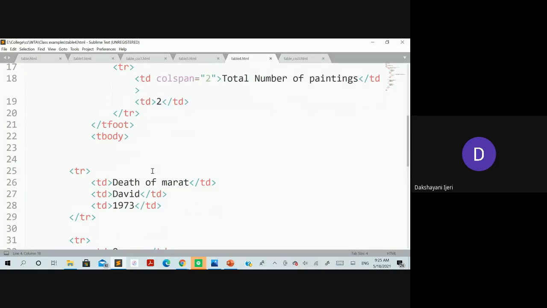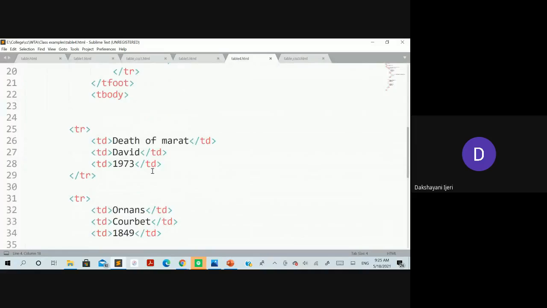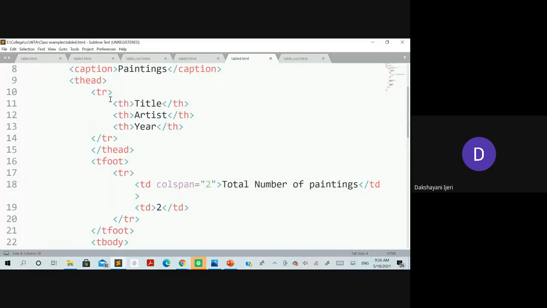The rest of the rows, whichever I want to include in between the heading and the last row, have to be included in the T body if you explicitly take the T head and the T foot. It's not mandatory that you have to take the T head, T foot and T body. You can construct the table how we did it in the last class, simply by taking only the TR and the TDs. But these are going to be helpful whenever you want to apply different styles to the various contents of the table. At that time it would be helpful if you construct the table by considering the T head, the T foot and T body.